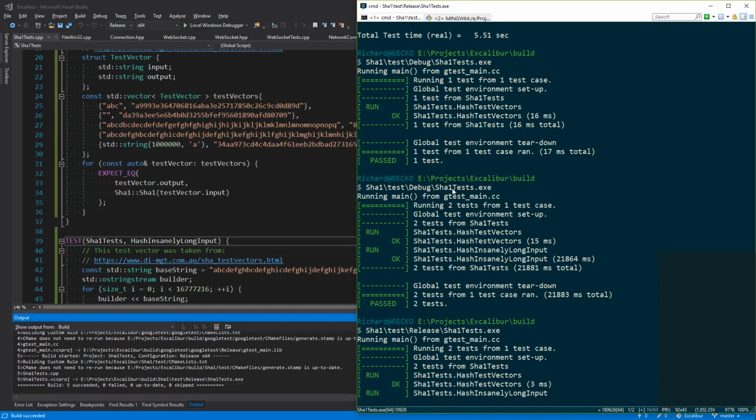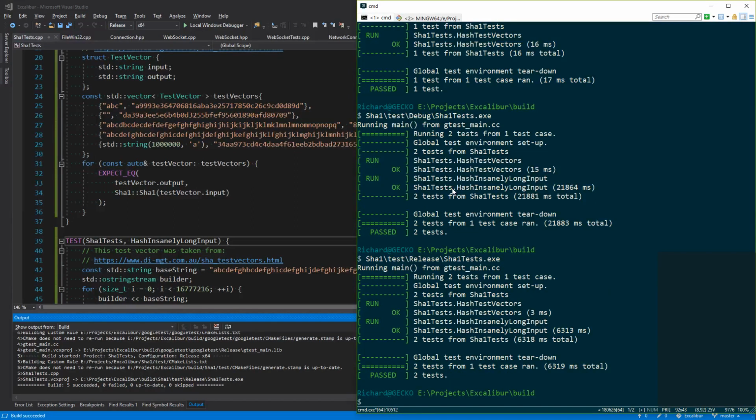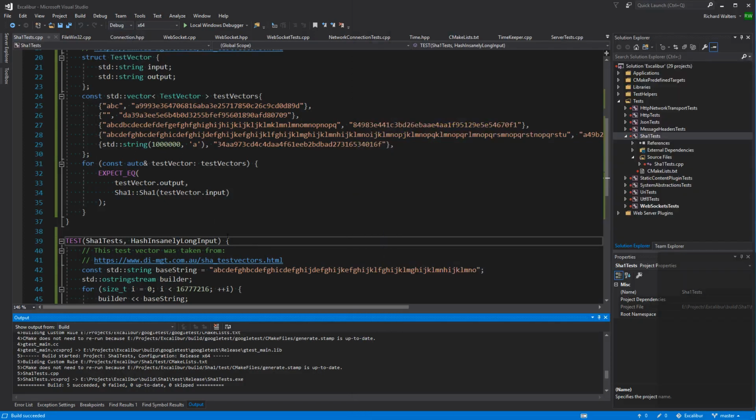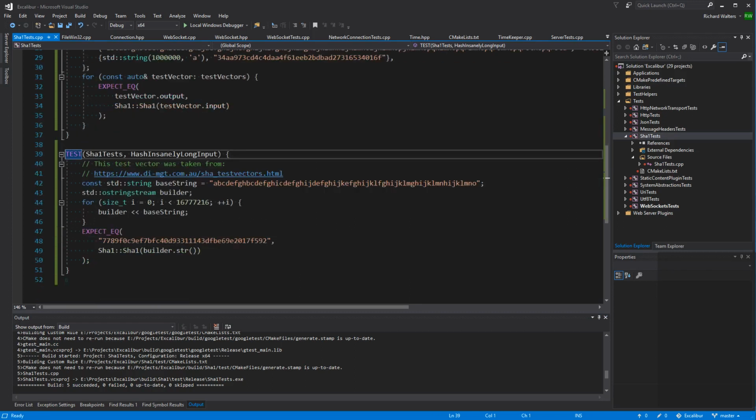So unoptimized took 21.8 seconds. Okay, optimized took 6.3 seconds. Here's where if we really wanted to optimize it, we would look up and see, or actually try to hash it with something like OpenSSL, or look up and see how long it should take, and then go from there. But I don't really want to put that much into this algorithm or optimizing it. So what I'll do,